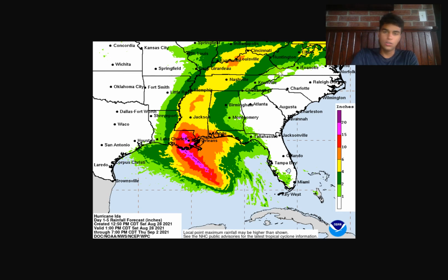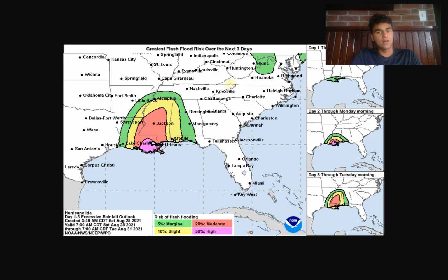And even further northward, this rain will extend all throughout Mississippi, where 4 to 6 inches of rain is expected. Nashville will get involved. Even Kentucky, Indiana, Ohio, and even the Northeast could get involved with some heavy rain of 2 to 4 inches. So all throughout. So even if you're far north from landfall, you need to pay close attention to this, because a lot of rain is expected. Now, taking a look at the flash flood risk over the next several days,